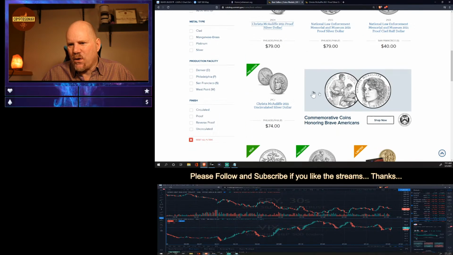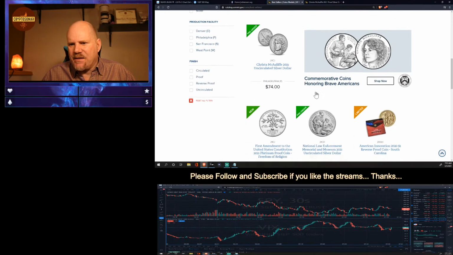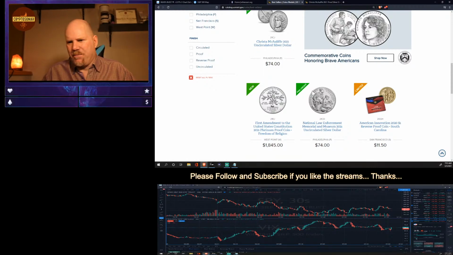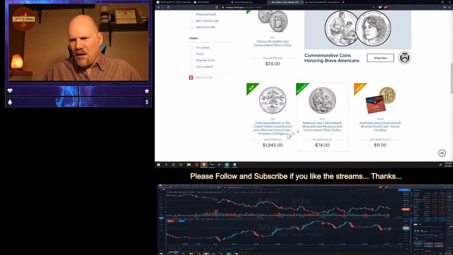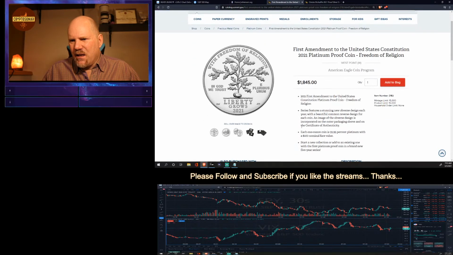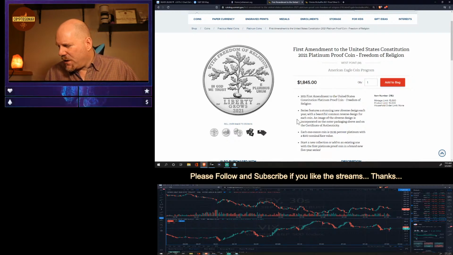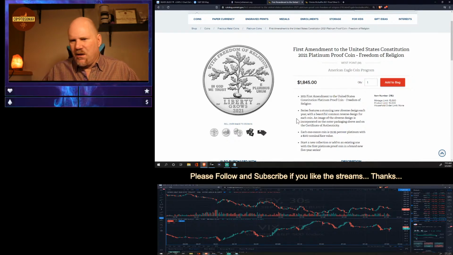They do law enforcement medals, things like that. I stick to the platinum coins. It's $1,845. Wow. So is that up again? No, it's still... So the first one I bought of these was $1,645, divided into $1,845. They've already increased it 11% off of it. And let's say what's it going for right now?